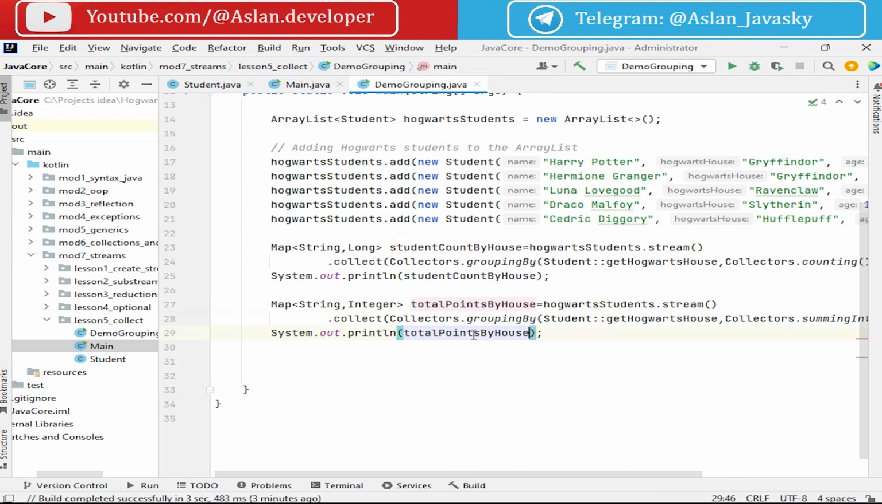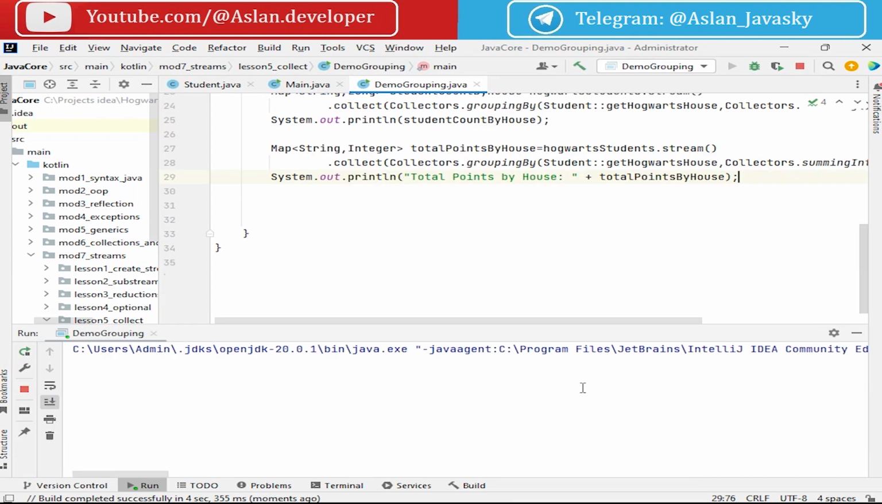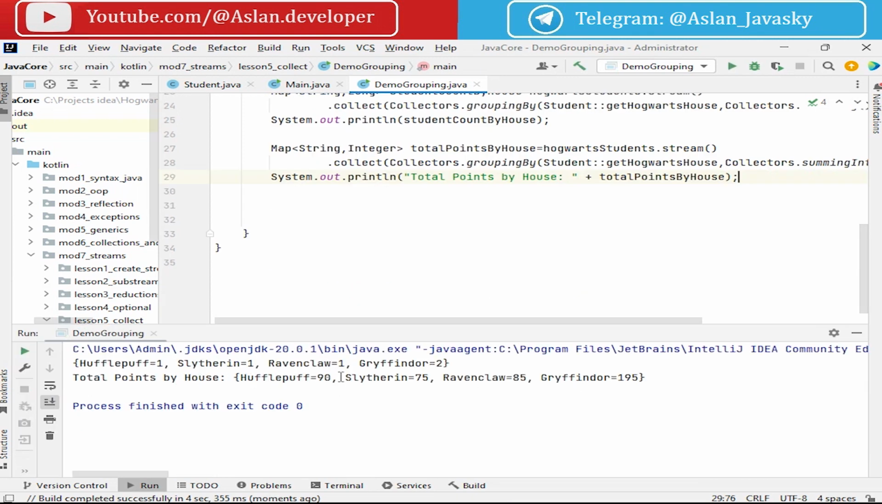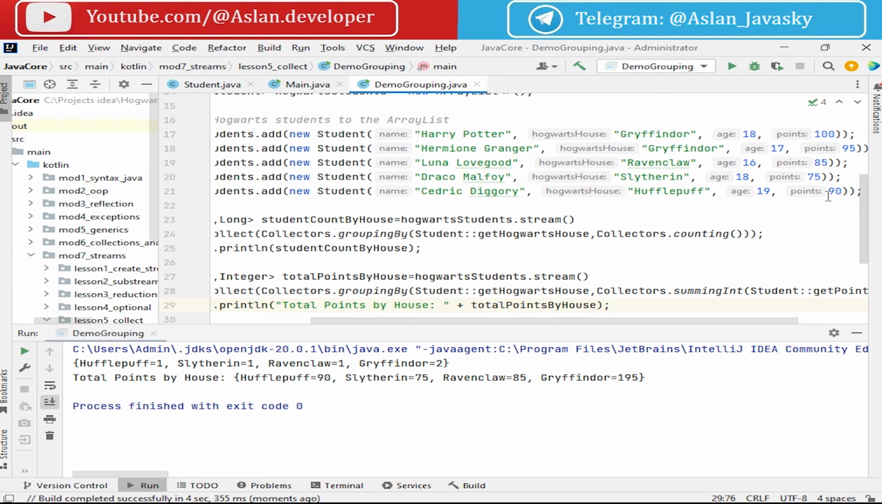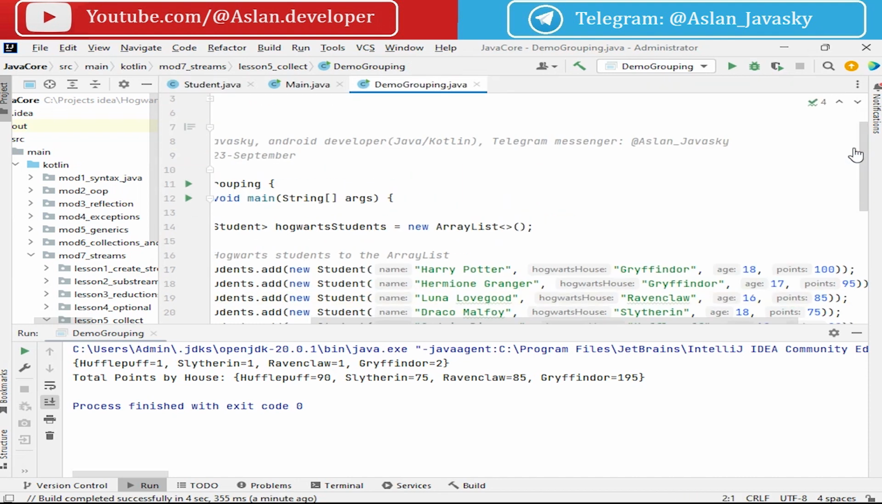And print it with this label, total points by house. Run our program, and we can see total points: Hufflepuff 90, because Cedric Diggory is from Hufflepuff and his points are 90. Okay, Slytherin 75, because Draco Malfoy is from Slytherin and he has 75 points. Ravenclaw 85, Luna Lovegood with 85 points for Ravenclaw, and Gryffindor 195, because Harry Potter with the 100 points and Hermione Granger with 95